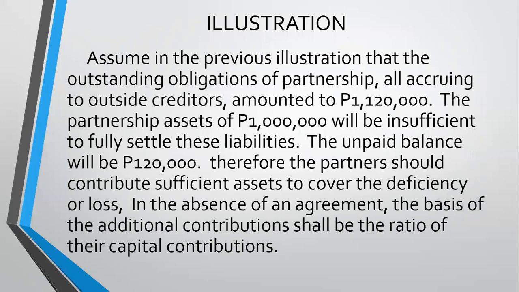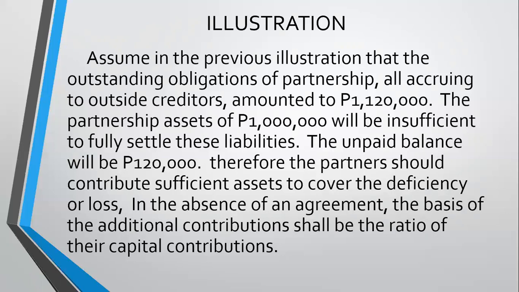Diba, the partnership asset is only 1 million. Now, kung ang obligation mo, outside creditor is 1,120,000, and you only have 1 million. So, it is not sufficient to pay the obligation. Ibig sabihin, yung cash mo, wala ka na nga makukuha kung ikaw yung partner. Kulang pa kayo ng 120,000 kasi ang pinagkakautangan sa outside creditor is